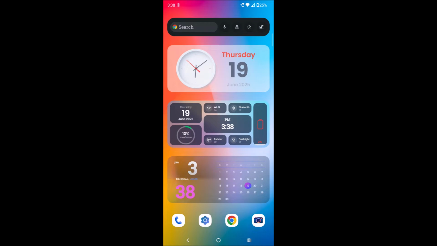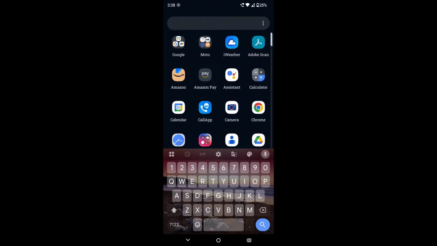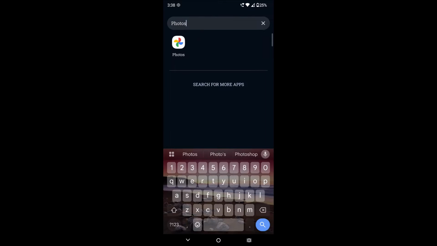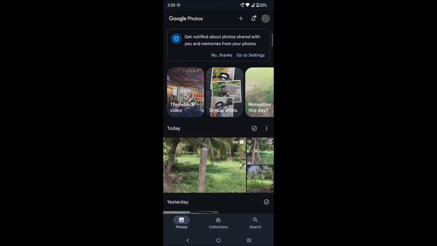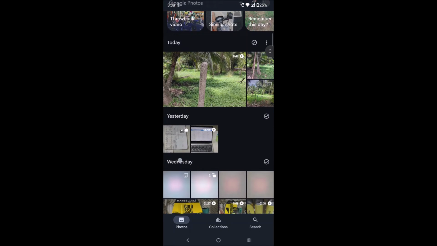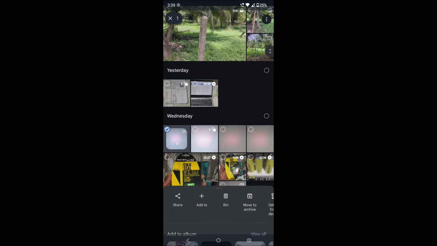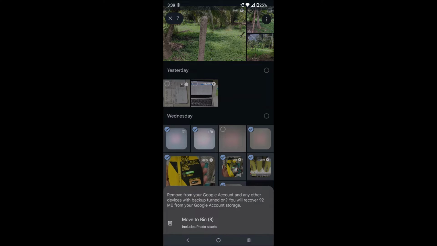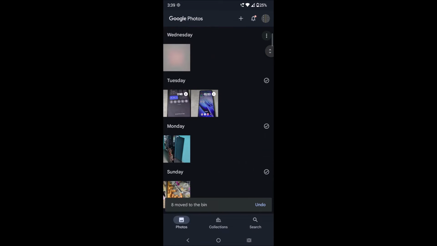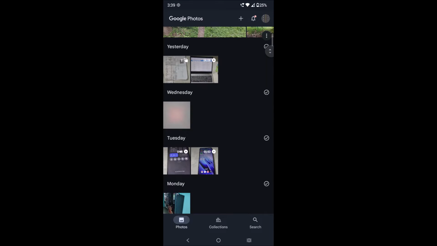Welcome to Tech Easy. Today in this video, I'll tell you where the deleted photos on Google Photos are. On your mobile, if you delete a few of the pictures on Google Photos, maybe I'll delete the photos which were taken on Wednesday. Where do these photos go, and how can you recover them back, and what happens when you delete photos